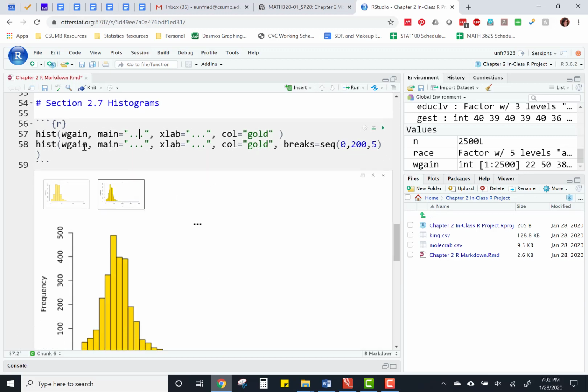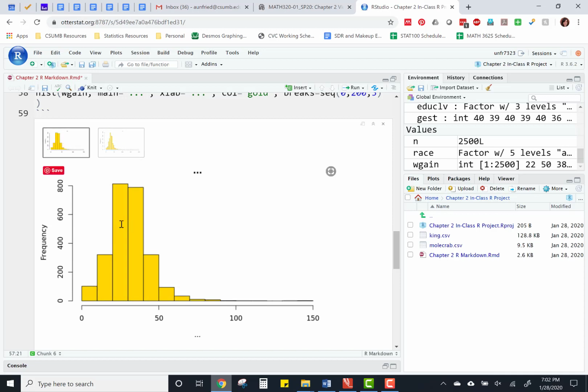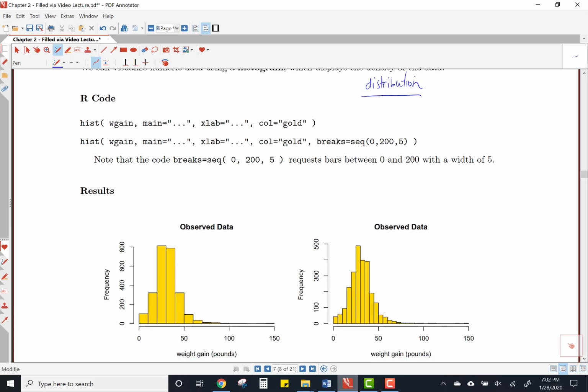All right, if I run this chunk now, it's going to output, and I get two different histograms. They look a little similar, but I can see that the size of the bars differs. And so when we look at our notes, we have the code breaks equal to sequence from 0 to 200 by 5. That's telling me how wide I want these bars to be that show up in my histogram. Okay, so down here I can see between 0 and 50, I've only got 5 bars, so each one has a width of 10, right? Versus over here, I now have 10 bars in that range, and so each bar has a width of 5,